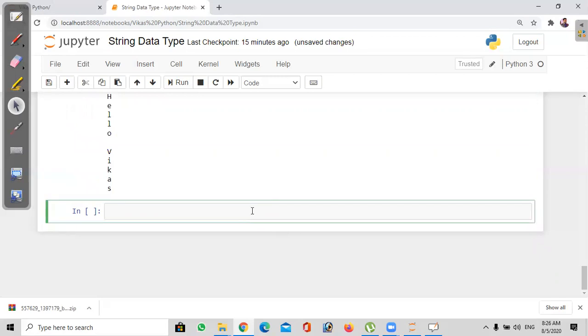Okay, next, how to apply the slicing concept. The second one is by using the slicing concept.